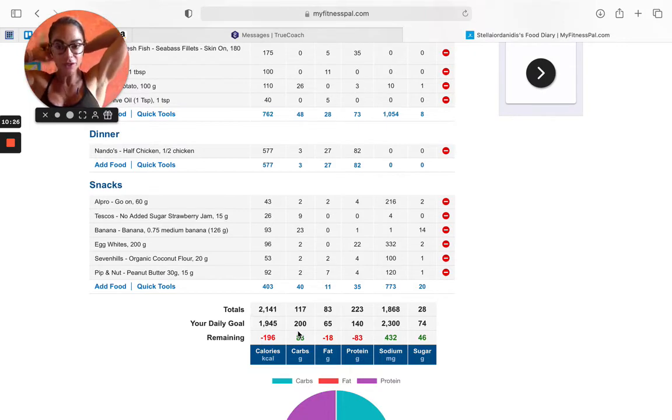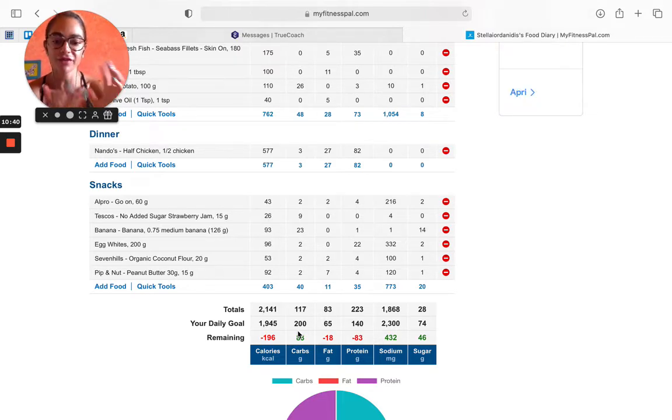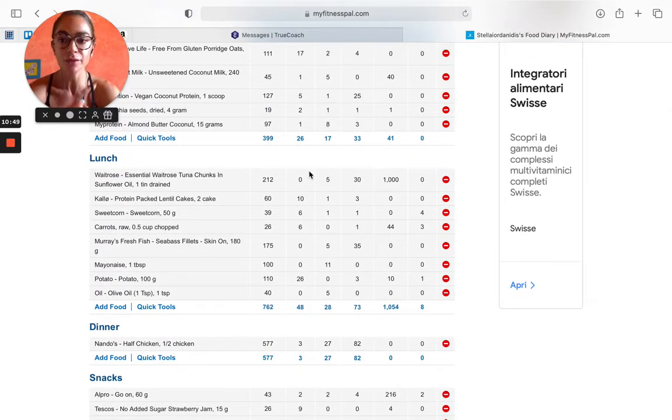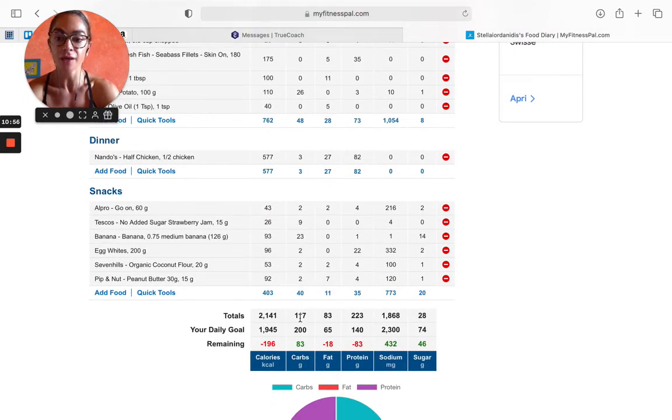Keep it like that, because at the beginning, the most important thing for us to focus on is that you hit your calorie target and your protein target. Then after that, we can be wiser about playing around with it. Okay, if I already have a surplus of protein, then I will be looking at having less chicken. I will maybe not have the protein shake, and I will maybe add some oats, some fruits, some banana, something that is going to give me good quality carbs,